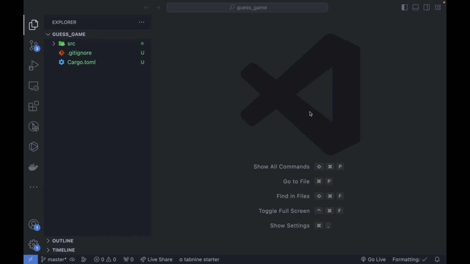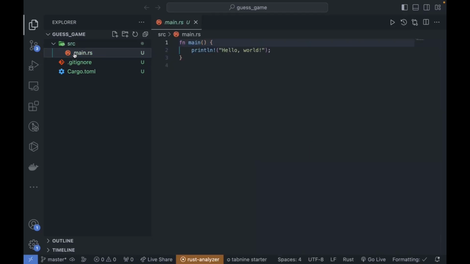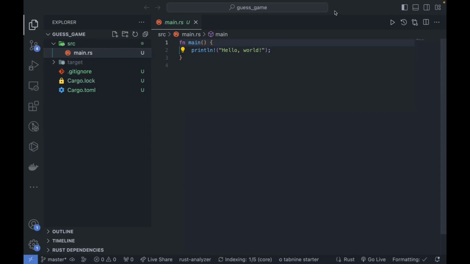divided into three sections, and these three sections are based on the three sections of the application we are going to build. If you take a look at my screen, you see that I've already set up my work environment using cargo new and opened it up in VS Code. I already have the source folder with the main and the hello world already here. So about the project, the first thing we are going to do here is,